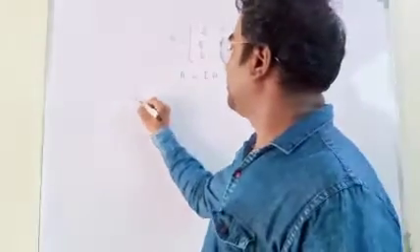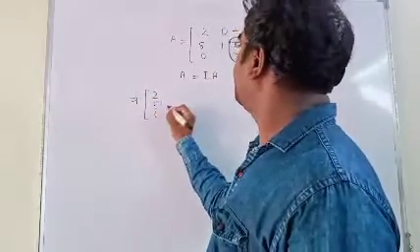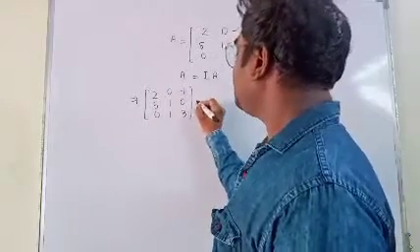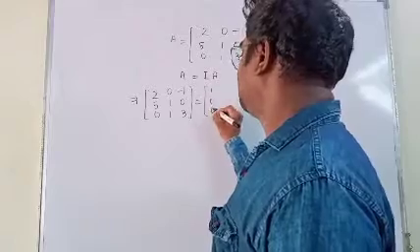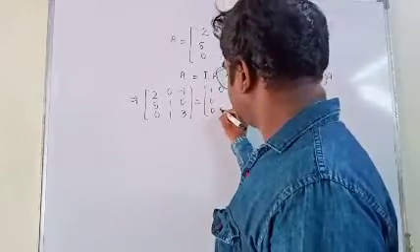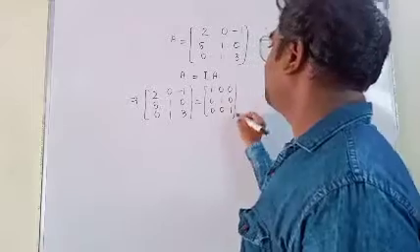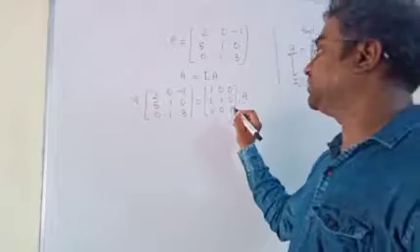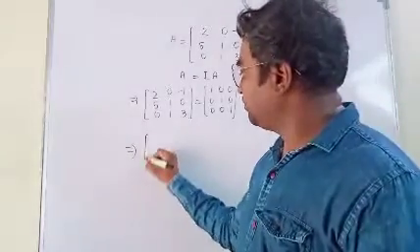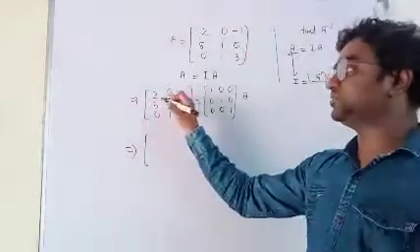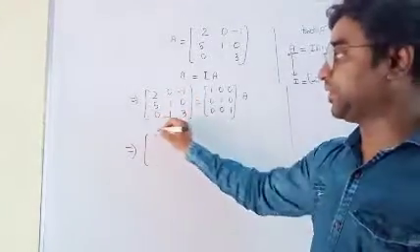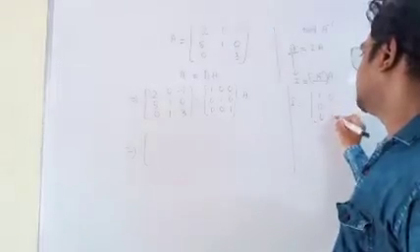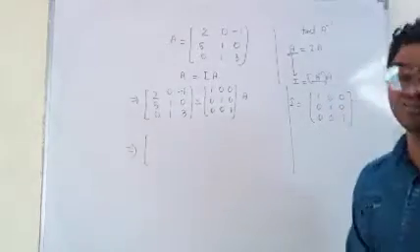Here the values we have to write: 2 0 minus 1, 5 1 0, 0 1 3. On the right side is I, 1 0 0, 0 1 0, 0 0 1, because it is a 3 cross 3 matrix. Next to A, you need not write anything here. Here we will write, first we have to make it 1, because as we know this part must be I in the form of 1 0 0, 0 1 0, 0 0 1.